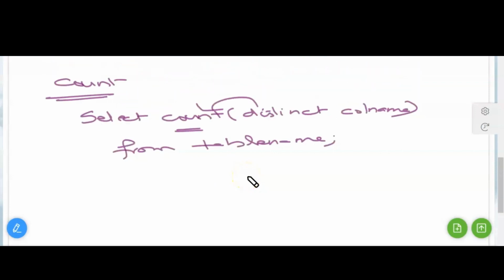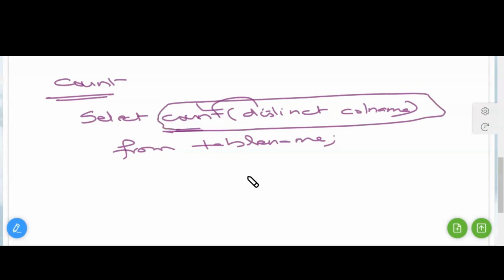And if you have such a lengthy name for a particular column, you can replace this name with some other name. You have to use the AS keyword and then give the name that you wish to display. So if it is number of department, you can give no_underscore_department, any name which you wish to. So the column name will appear with this name. You will understand when we do the practical of this one. Okay,